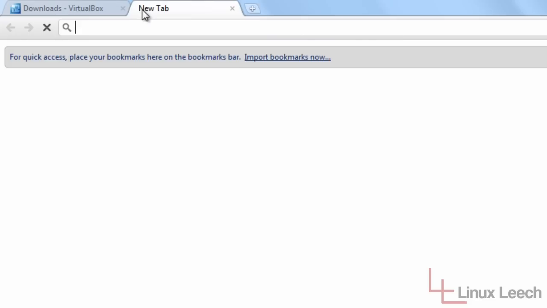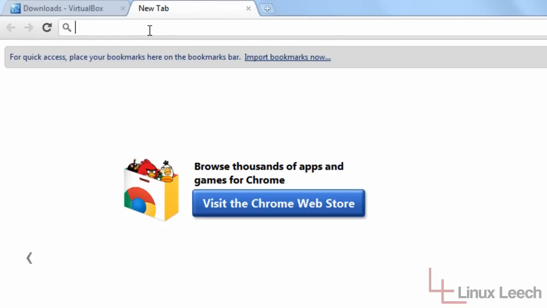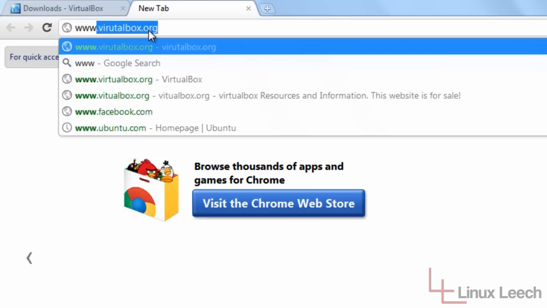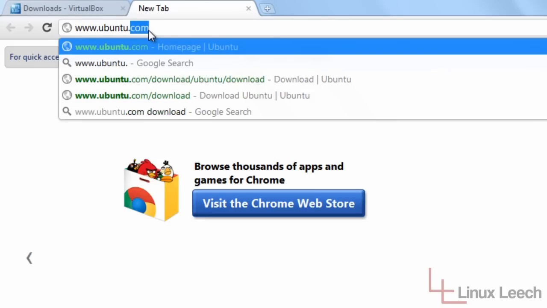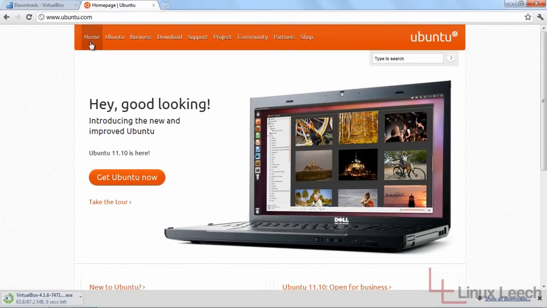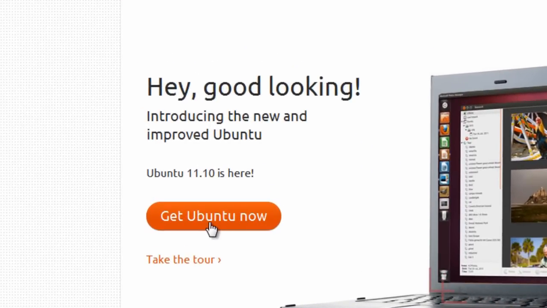Okay, while that's downloading, we're going to need to get ourselves a version of Linux. Now, I'm just going to go and download Ubuntu, but you can download whichever version of Linux you want to virtualize. It's totally up to you. So I'm going to go to www.ubuntu.com, and then I'm going to click on the Get Ubuntu button over here,